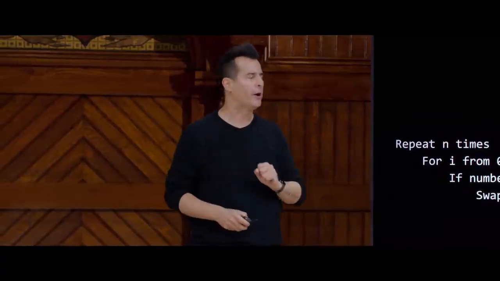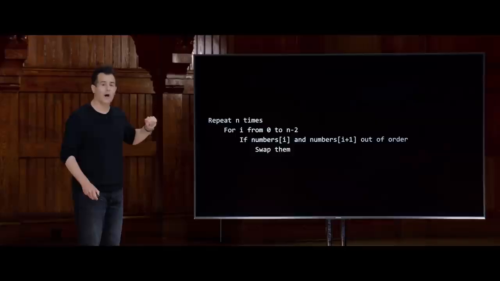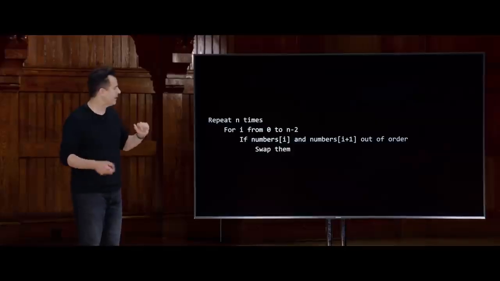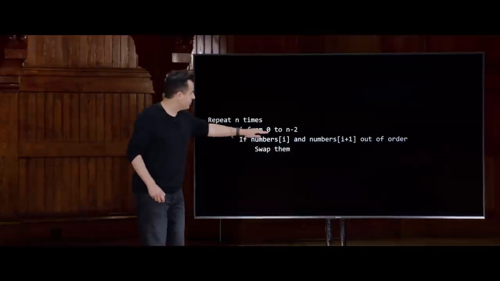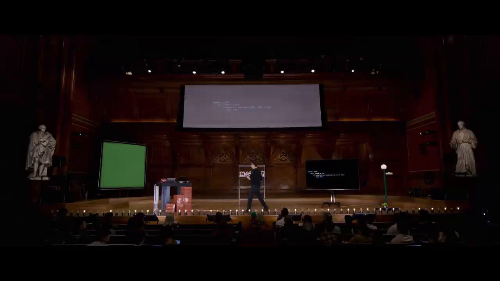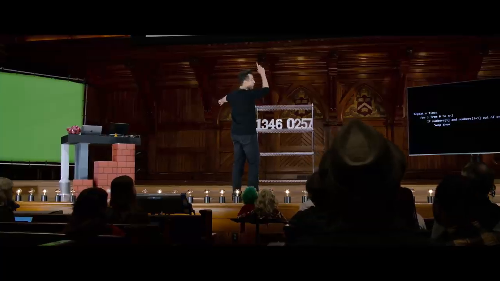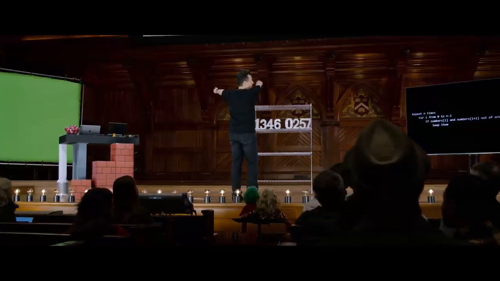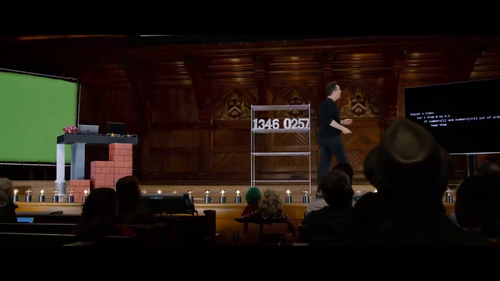But we can do a little better on our lower bound. Repeat the following n times, just like Scratch. For i from 0 to n-2. So in other words, if you think of our human volunteers, i might be my left hand pointing at location 0 first. And then I want to compare each pairwise person. So I want to compare person i to person i plus 1. And that's what's really going on here.